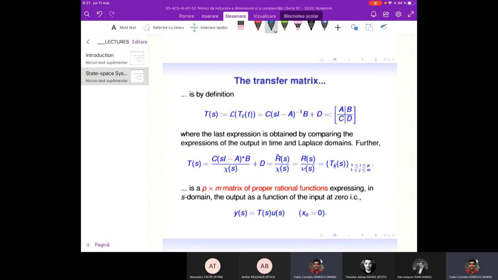The transfer matrix is the Laplace transform of the impulse response. We also use this notation; this is a notation, not a matrix. And we finally get this relation. So from ABCD, we can always go back and forth